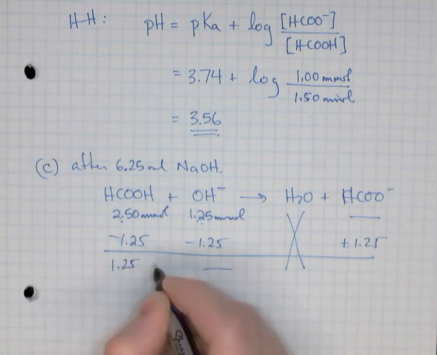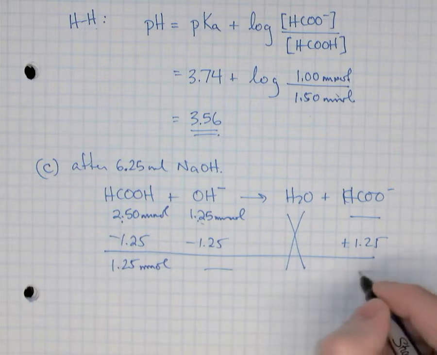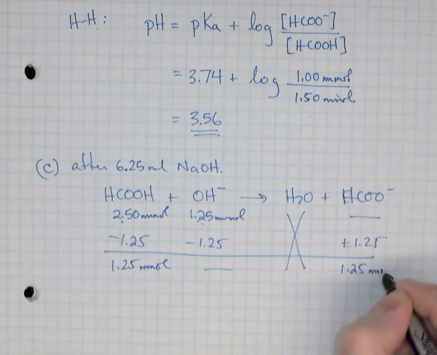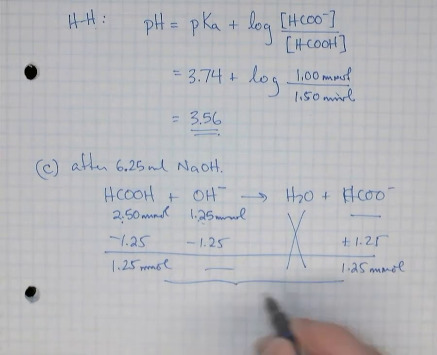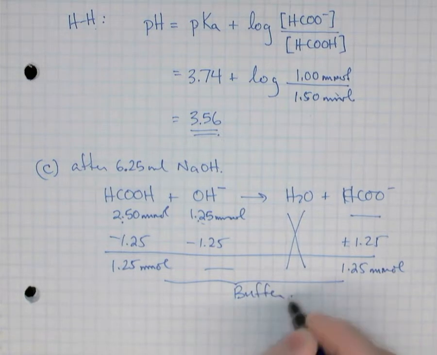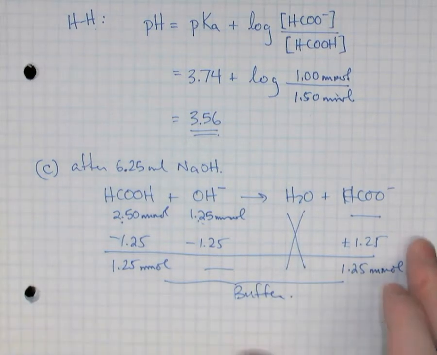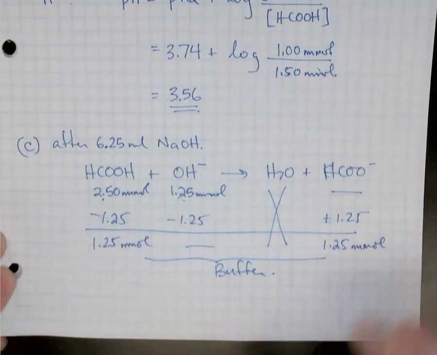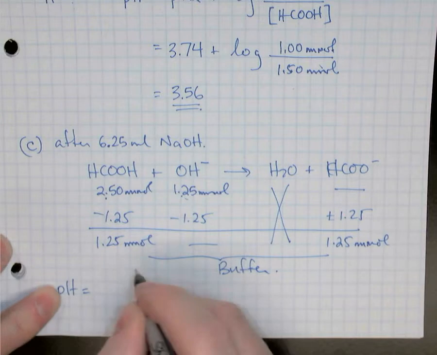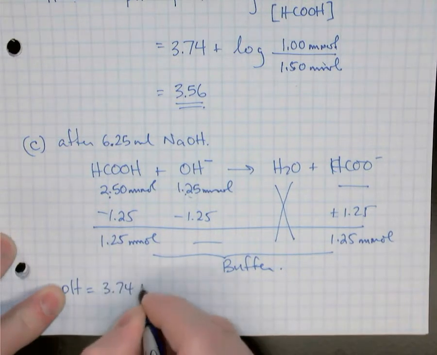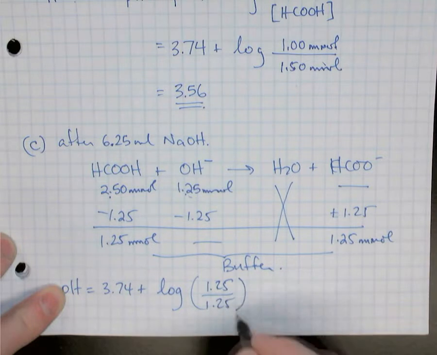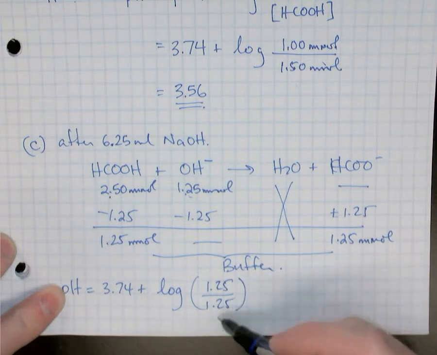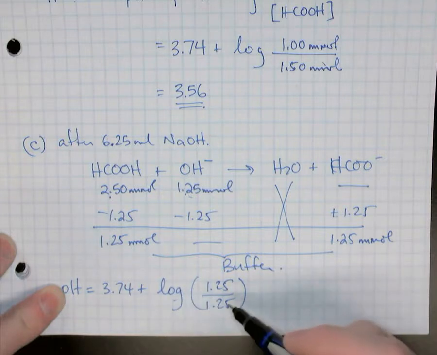So we have now equal amounts, 1.25 millimoles of the weak acid and its conjugate base. Now why is that so important? Well, we still have a buffer, and so we'll use the Henderson-Hasselbalch equation again. So the pH will equal the pKa value, 3.74, plus the logarithm of 1.25 over 1.25. Now notice, because these are equal, this ratio now becomes 1, and the logarithm of 1 is